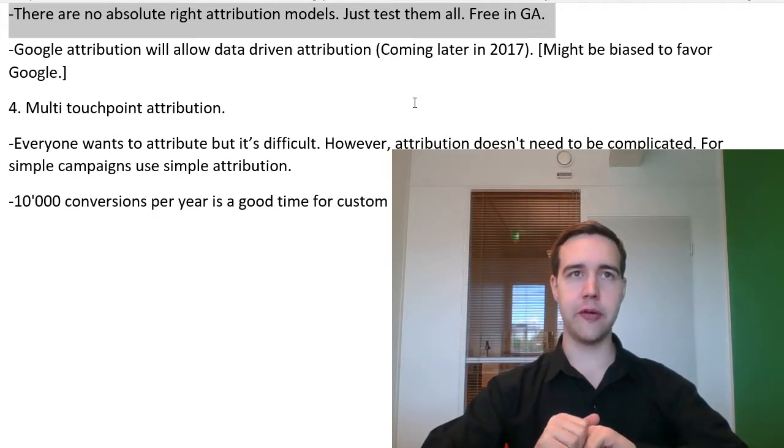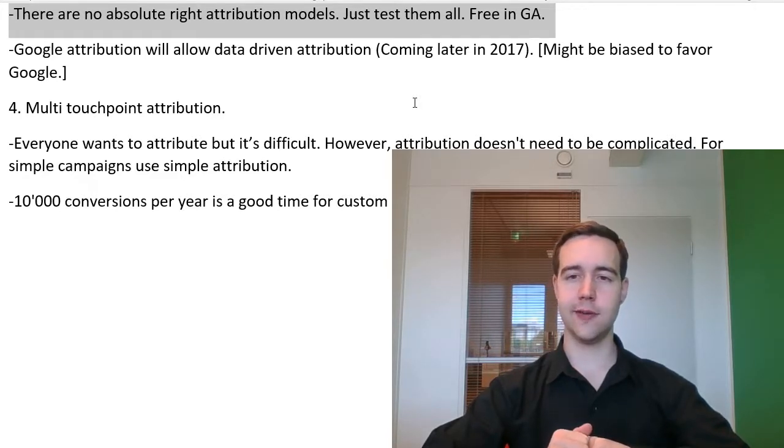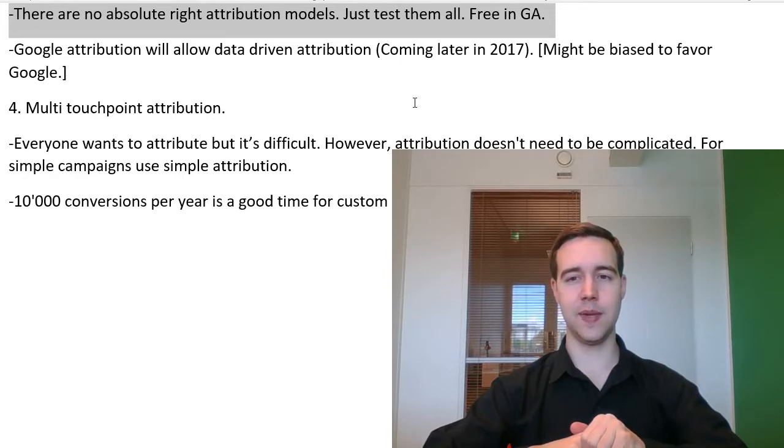But in general, the last click attribution is pretty powerful. Now, you might want to customize that a little bit. So for example, display ads, even though they somewhat work, they still don't get that many clicks. So almost nobody clicks on banners anymore. But they can be great for branding, etc. still.